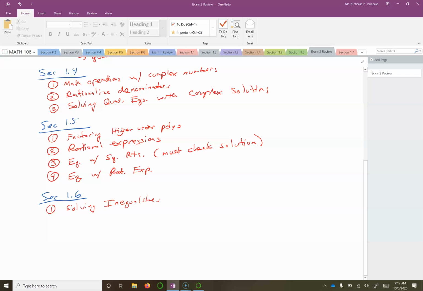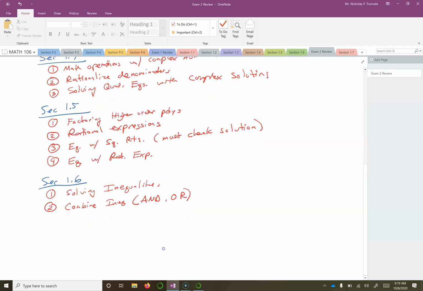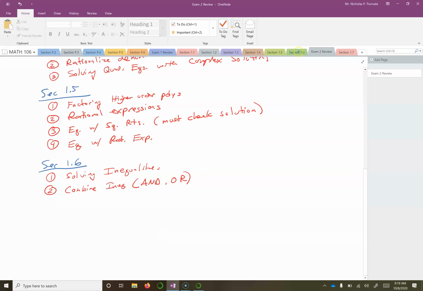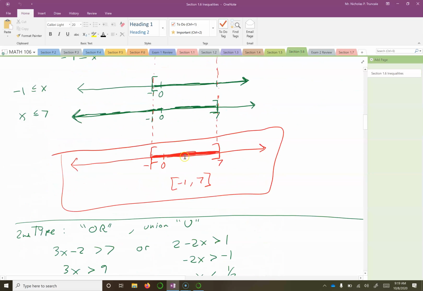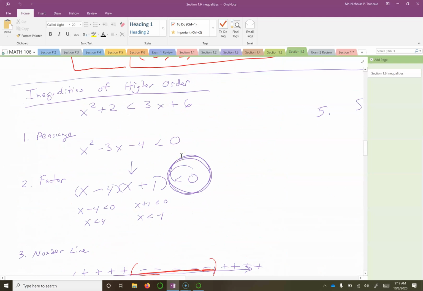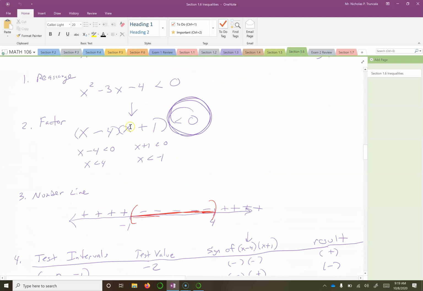And we were given solutions in interval notation. Second thing we did was combine inequalities. And in parentheses, what I mean by that is the 'and' and the 'or', where you end up having two of them. Okay, then we had